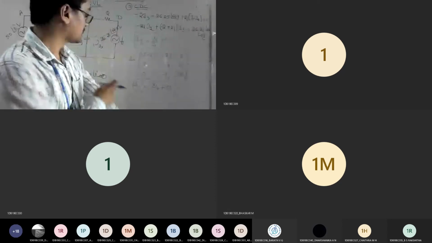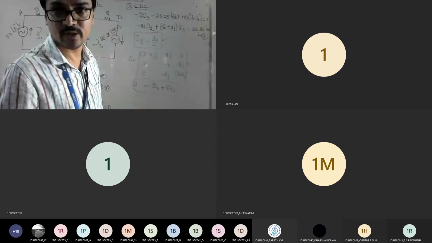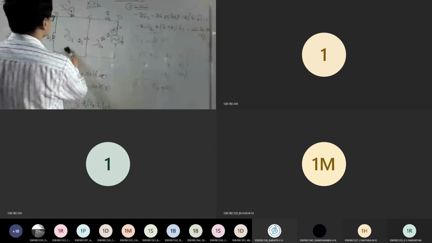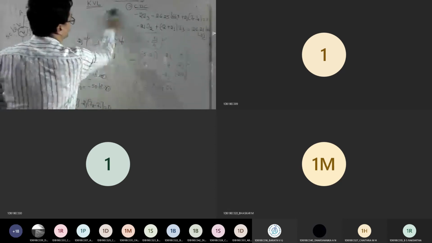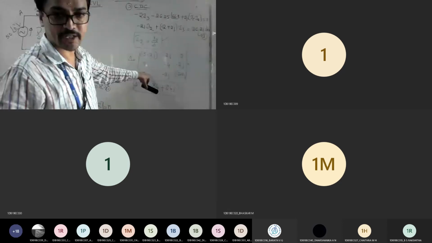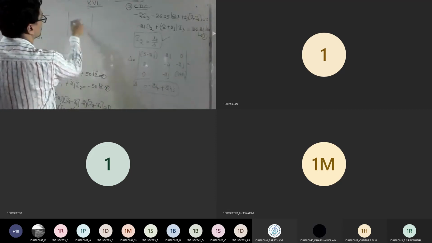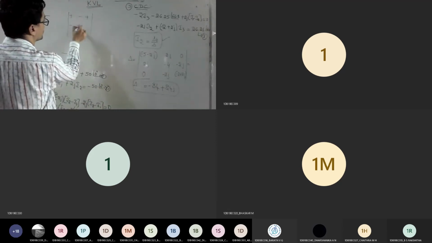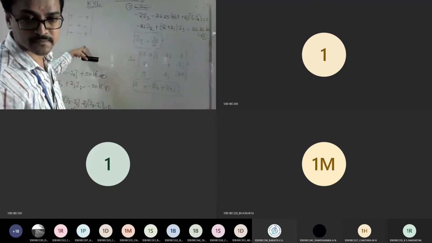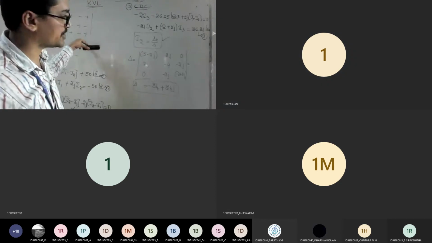So you want to know how to get this, right? Everyone got the answer as your friend told: minus 84 plus 24j. Let me erase this part and tell you. Whenever you want to find this determinant, you should know the logic: plus, minus, plus, minus, plus, minus, plus, minus, plus. Do you remember this? Yes, sir. You should implement this logic there.